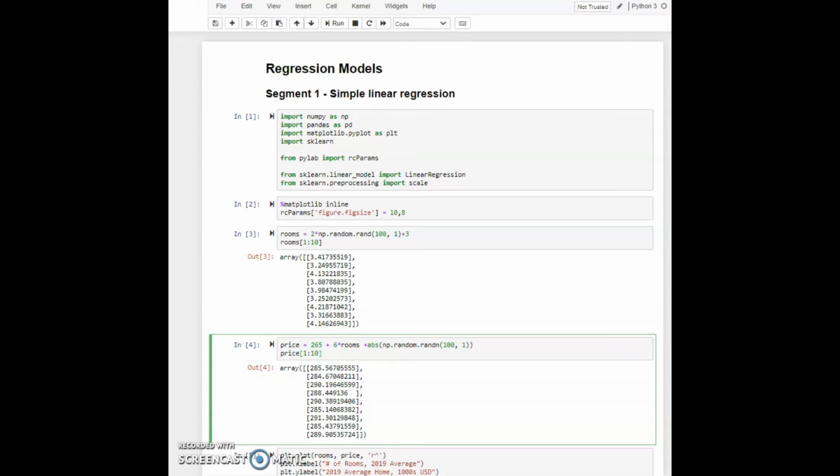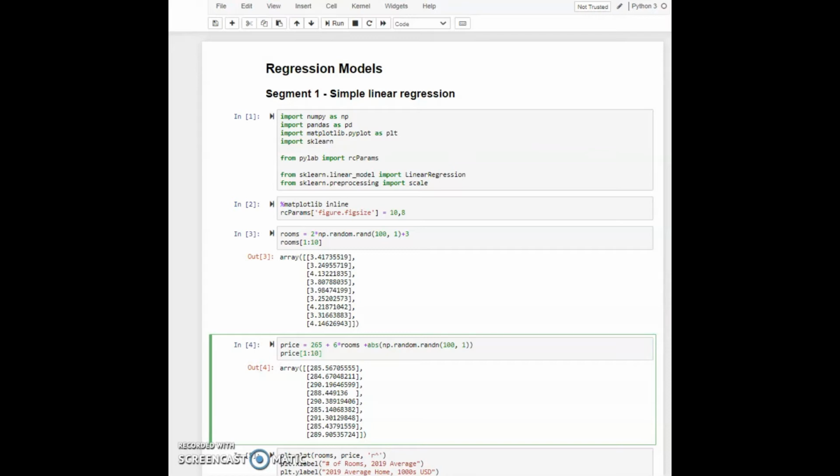So now when we run this, again we are going to get a set of numbers, and you might be getting some different numbers that are not exactly the same as mine, and that's because we didn't set the seed for the random number generator. So don't worry about it, it's not a problem.